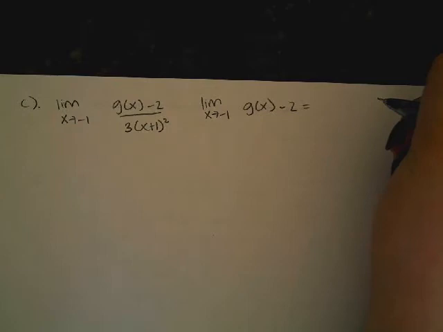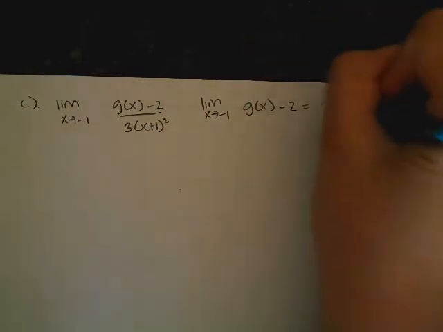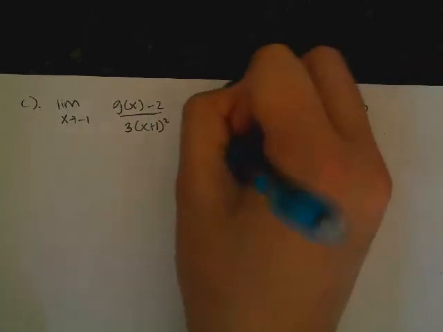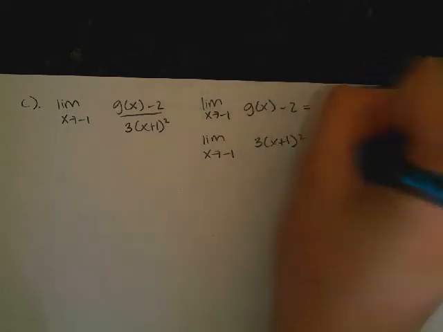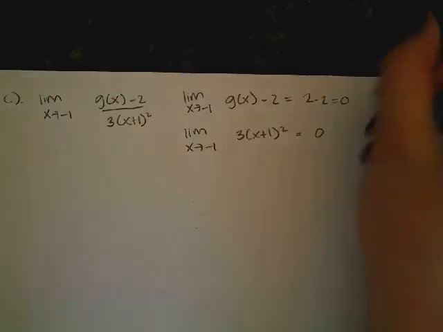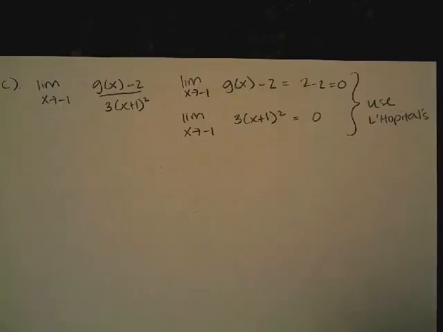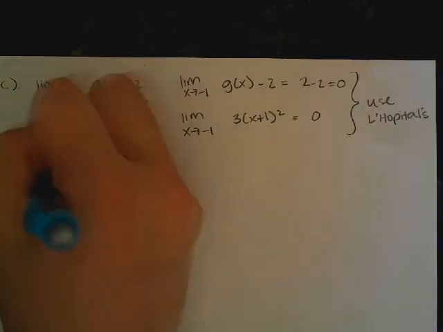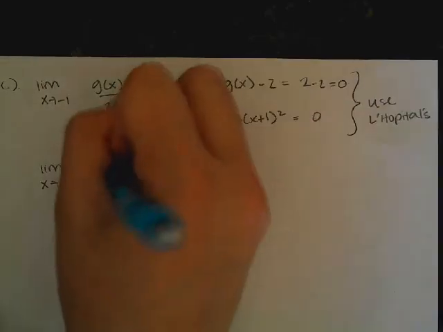And on the front side of the page, I learned that the function evaluated at -1 is 2. So that gives me 2 minus 2, which is 0. And then the limit as x approaches -1 of 3 times (x plus 1) squared is going to be 0 because you're plugging in a -1 here. And so because of that, we're going to use L'Hopital's. All right, and so that means that next I have the limit as x approaches -1 of g prime of